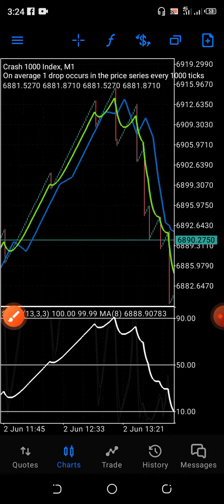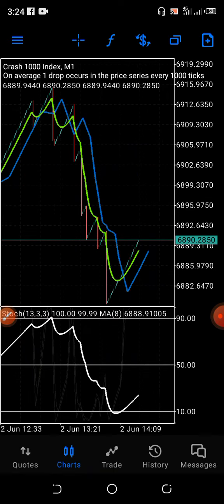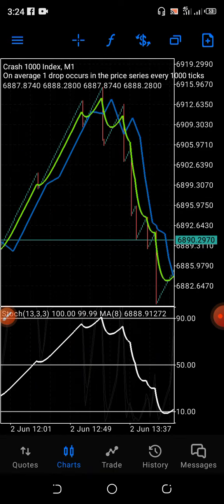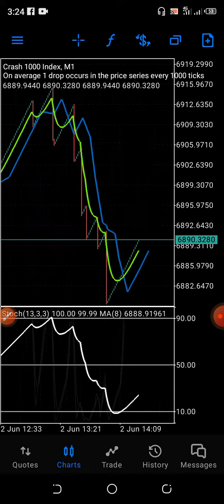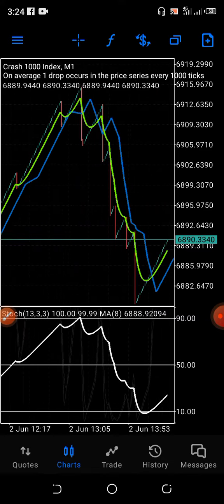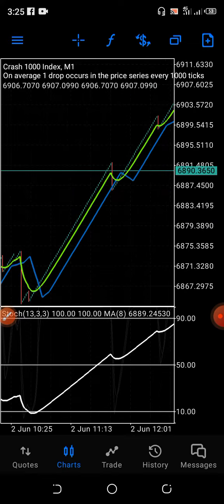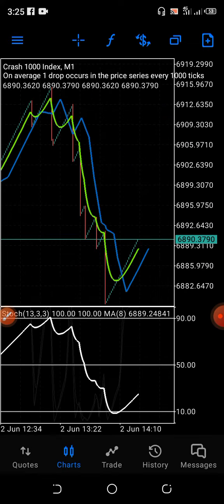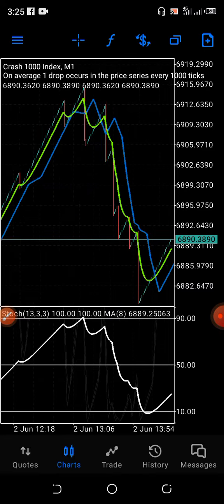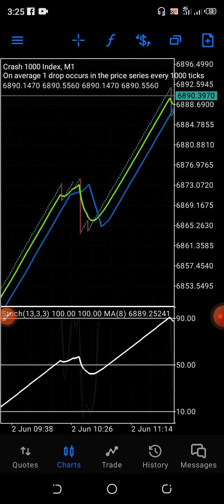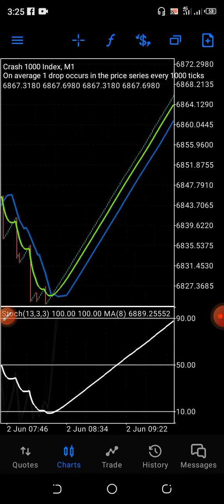So anytime you have a spike, after the line must have touched, what do you do? You shift your screen small like this. If you shift your screen and the line is leaving, that means the spike will be small and the spike may not continue. Watch here. Watch this one.